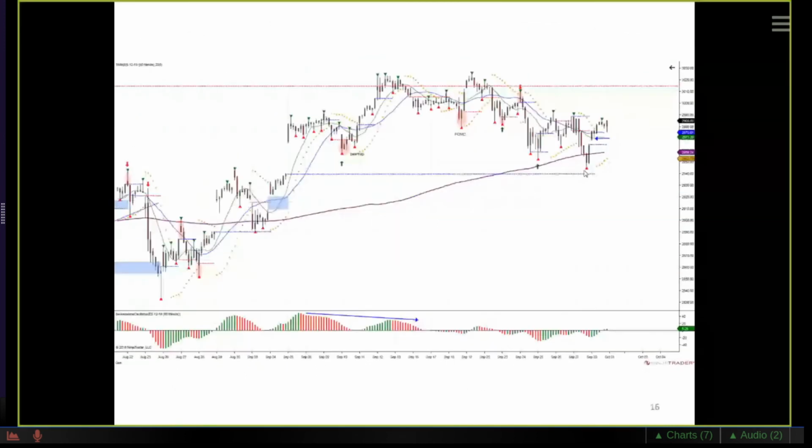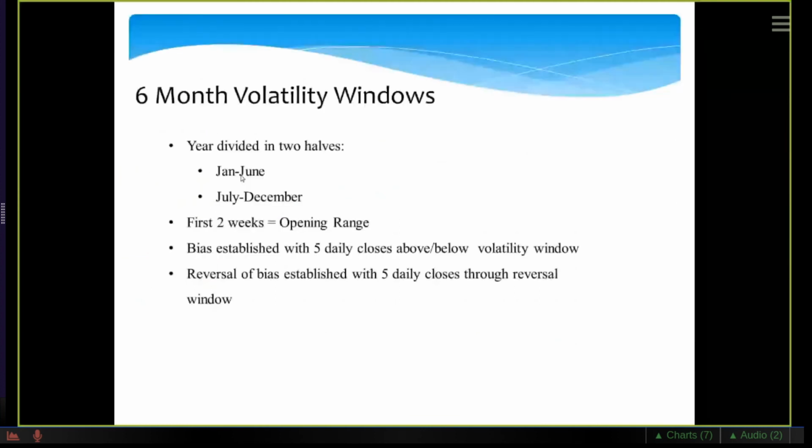Let's look at the 6 month volatility. So we looked at volatility windows over an intraday basis, which sets the tone for the day and how it can catch people off sides to move in the opposite direction, and how it can also create trends where it can expand above the windows. But we also have this on a 6 month basis, and the picture is divided into 2 halves: January and the